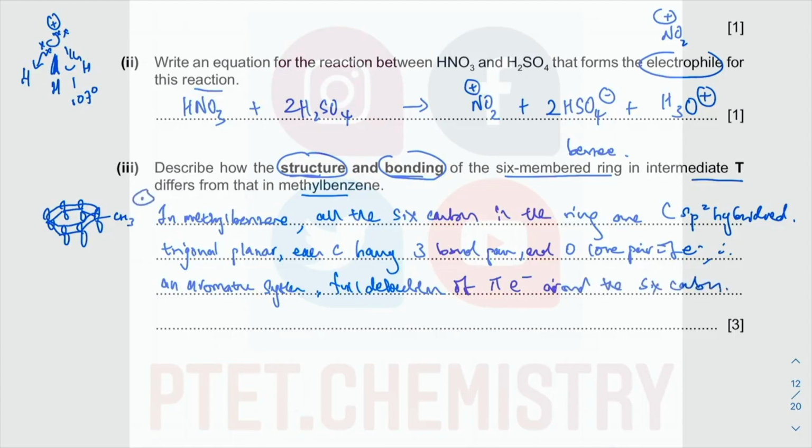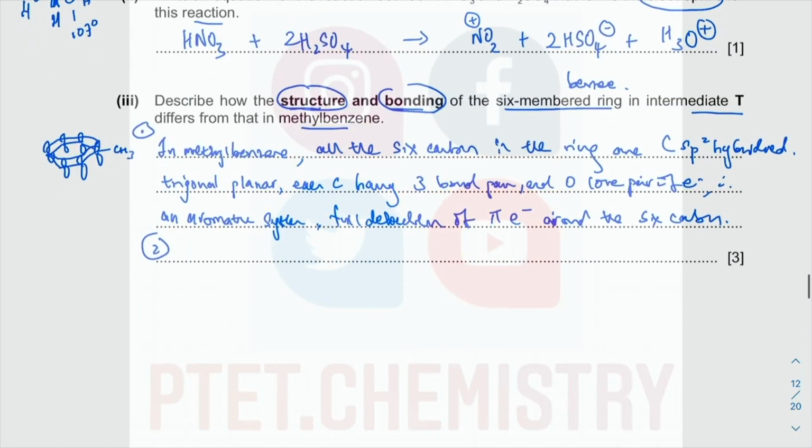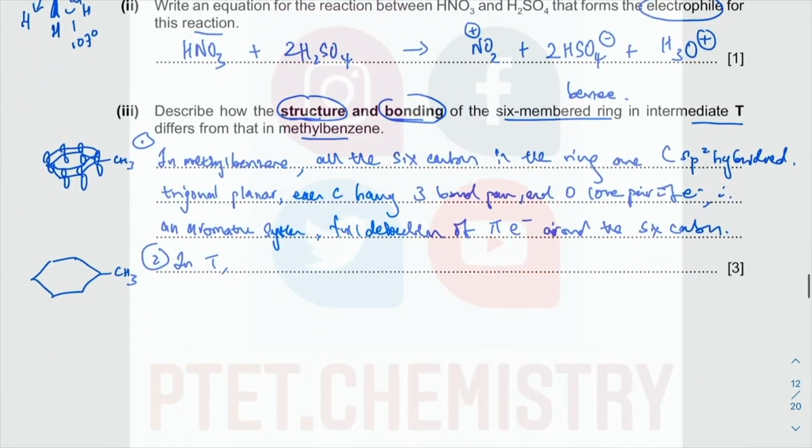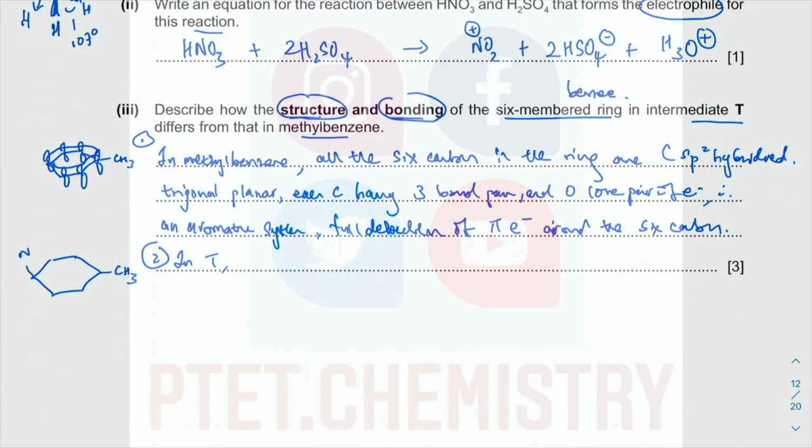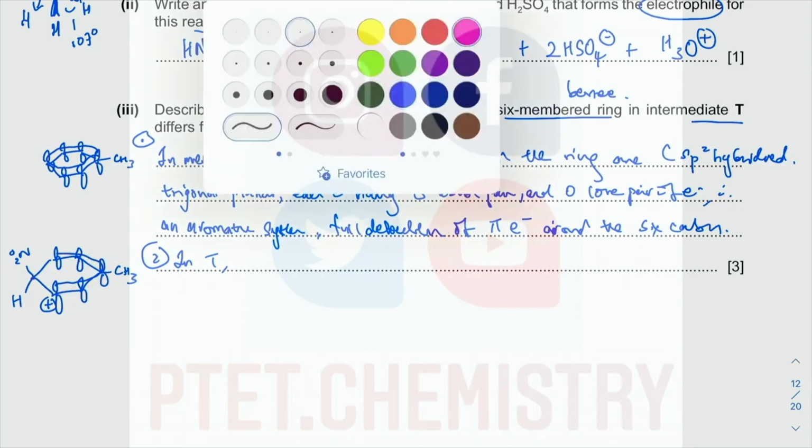Okay, but that's in methylbenzene. How does it differ in the intermediate? In the intermediate, what happened now is you have CH3 and you have NO2, H, and then you have a plus somewhere. So essentially what you have now is you can delocalize this positive charge over the 5 carbons, but not here anymore, because here now you have a